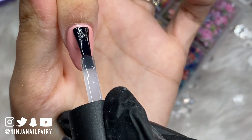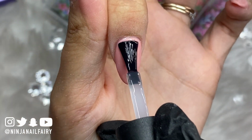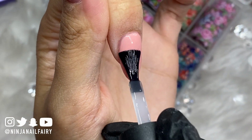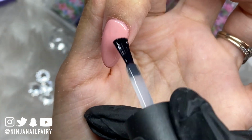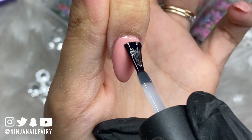So now that I've prepped my surface ready for my transfer gel, I'm coming in and I'm going to apply a nice even layer over the entire nail. If you just want to apply it to a certain area on the nail,